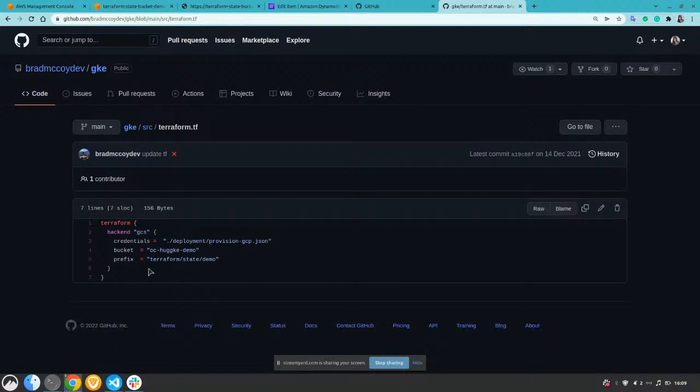But this is using GCS. So that's if you want to do GCP stuff. I'm not quite sure what GCS stands for. I think it's Google Cloud Suite or something like that. Cloud Storage. Yeah, storage. Sorry. Thanks. And then I'm using a credentials file that's obviously not in the repo,